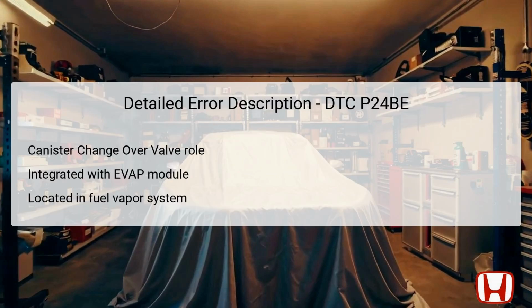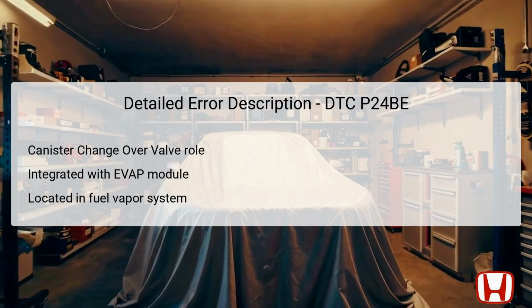The canister changeover valve plays a crucial role in controlling the flow of fuel vapors. It regulates the direction and release of vapor from the fuel tank to the engine. Its integration with the evap, evaporative emission control system, leak check module, is essential for monitoring vapor emissions. In the Honda CR-V's fuel vapor system, this canister is typically located near the fuel tank or along fuel vapor